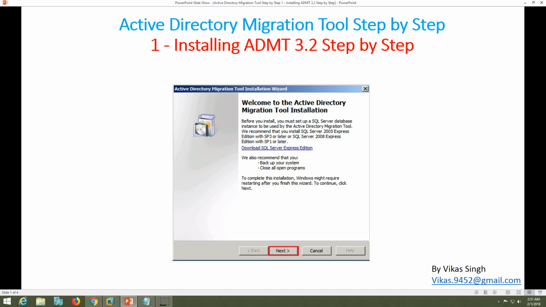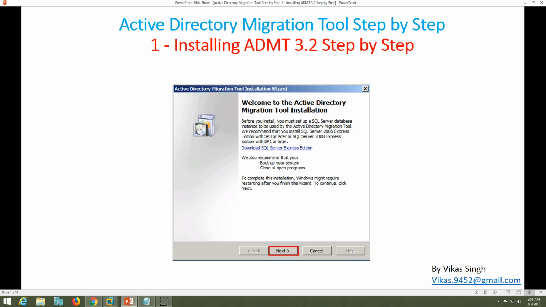So there are a number of requirements for migrating a domain or forest from one domain to a new domain. For example, some company purchases other companies, so you want to merge those companies together, or someone has taken over a company, so you want to migrate all the resources from the old domain, the old company environment, to the new domain of the company that purchased it. So there are lots of scenarios we can face where we need to migrate the domain resources to